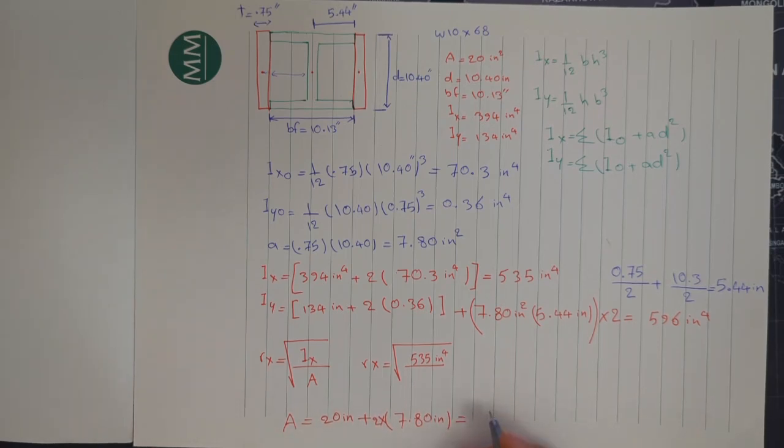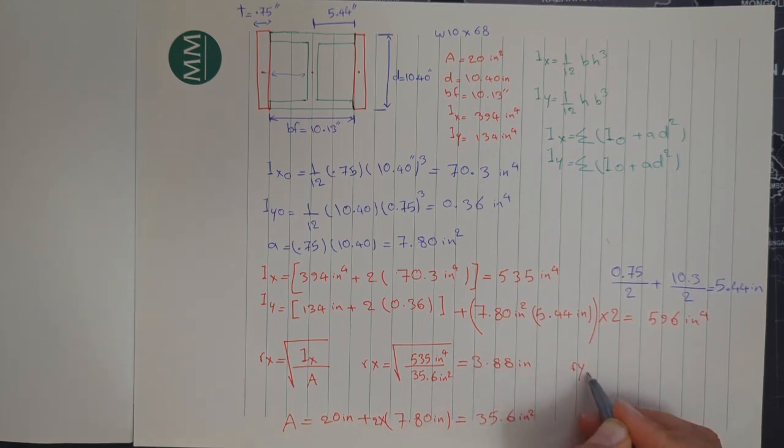So the answer is 35.6 inches squared. So A is 35.6 square inches. So the answer is going to be 3.88 inches, and Ry equals